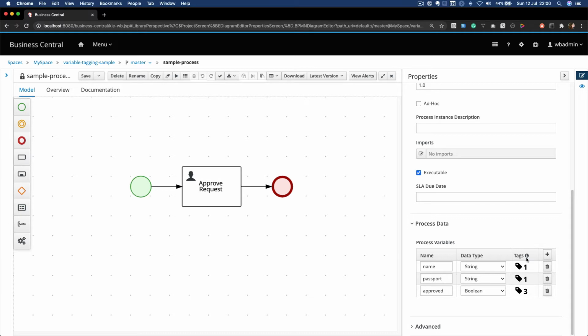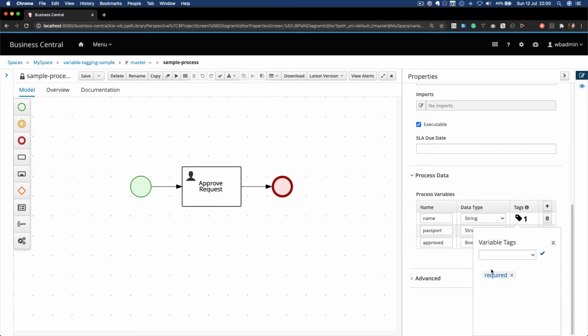Notice that in this process, I expect to have three variables: a name, a passport, and an approved variable, where I set the name variable as a required variable, and this means that I can only start a process instance if this variable is supplied. The same is valid for case management. If you try to start a process without this variable, a variable violation exception is going to be thrown.